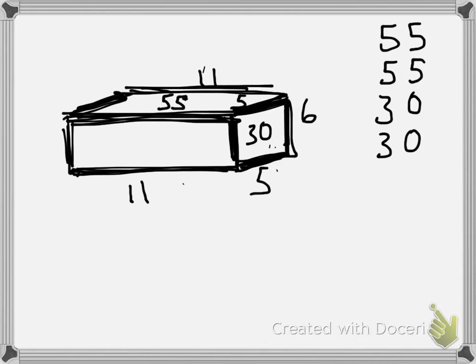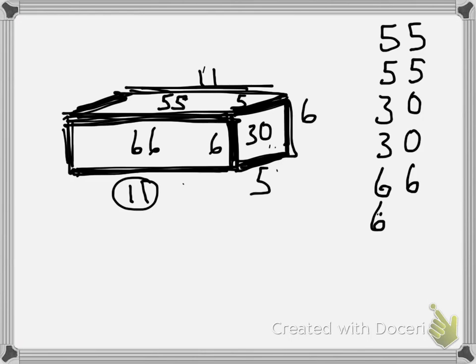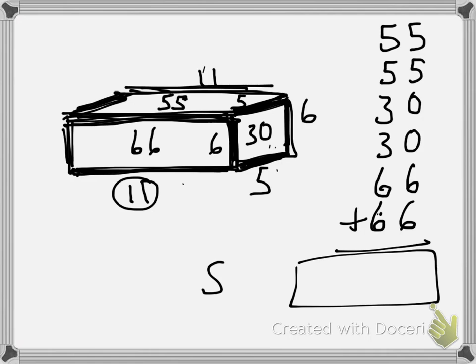And now we do the front. The front goes along this way, it touches the 11, it goes up. Going up means it goes with the 6, so that's going to be 66. So since the front is 66, the back is also going to be 66. To get your surface area, all you're going to